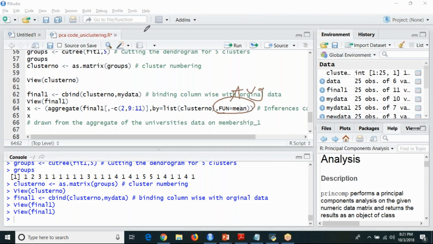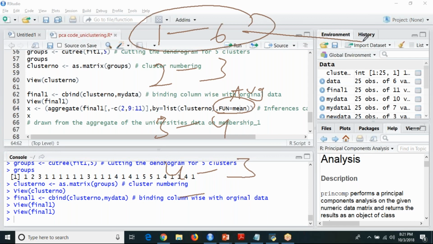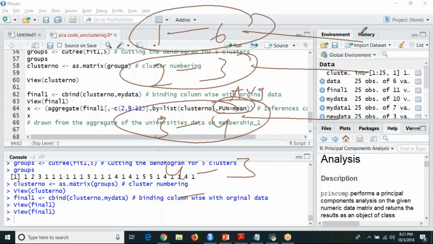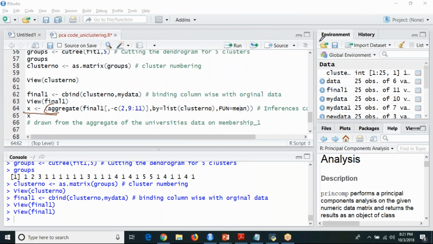So you should take the 5 clusters average. First cluster might have 6 universities, second might have 3 universities, third might have 4 universities, fourth cluster might have 5 universities like this. So you should take the average of this cluster, average of this cluster, average of this cluster. So that is what I am doing here by using your aggregate function, and this mean is nothing but your average, and storing it in a variable called x.